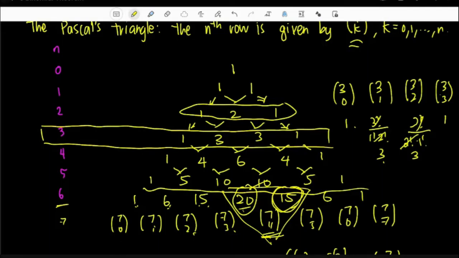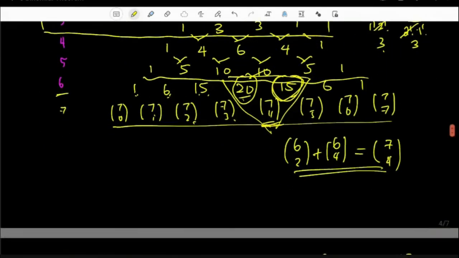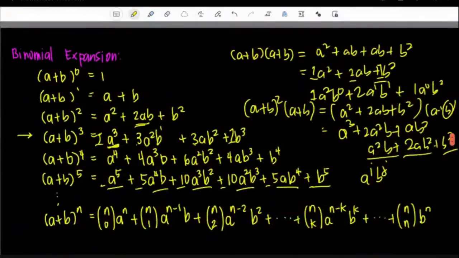So, meaning, we can now generalize the binomial expansion even without creating the Pascal triangle. Pwede na nating makompute yung binomial expansion kahit hindi natin alam yung Pascal triangle o kahit hindi natin buuin yung